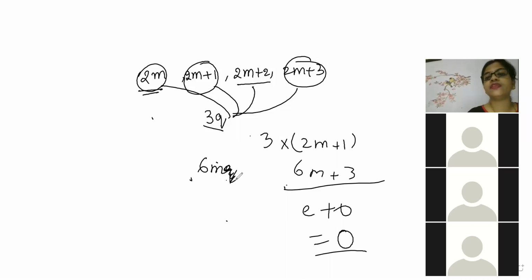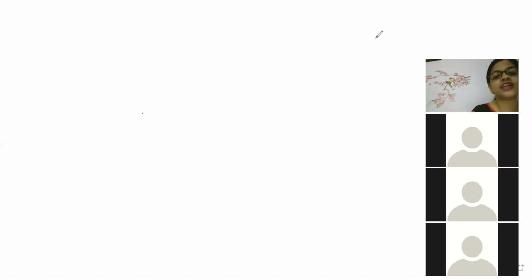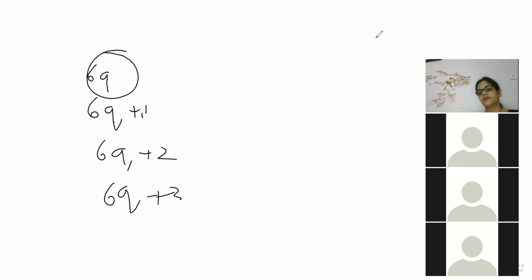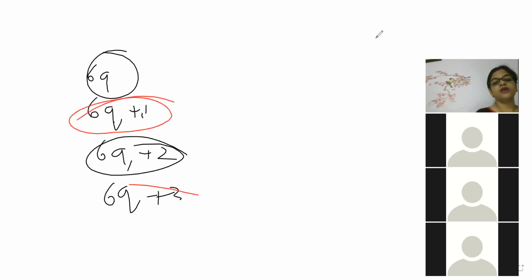So here also same thing they have done, beta. They told that set of natural numbers is 6q, 6q plus 1, 6q plus 2, 6q plus 3. Among them, tell me quickly which one is even and which one is odd. Even, even. Odd, odd. Very good, Sudarshan. First and third. Ajay is also telling first and third. Beta, here also, that means first and third is odd.